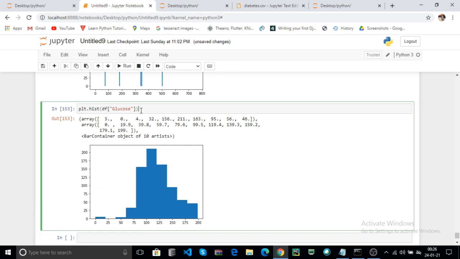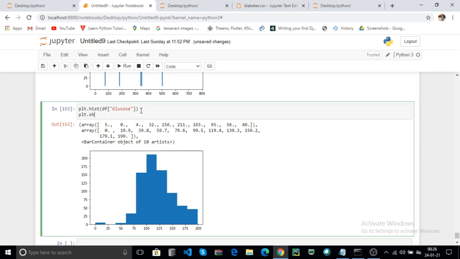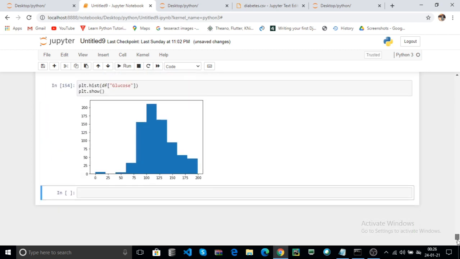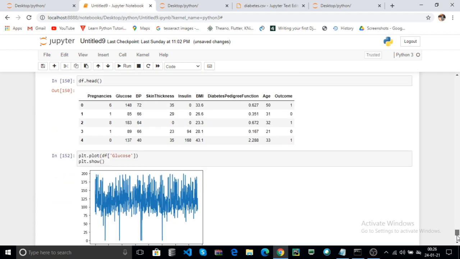You can use plt.show for better visualization. This is the histogram. We can also use different visualization techniques in matplotlib. We discuss them in depth in the data science course. Now this is the basics of how to use matplotlib and how to visualize the data within the data set. That is the important part.